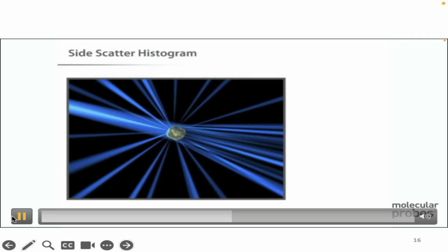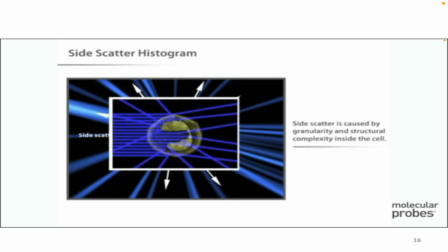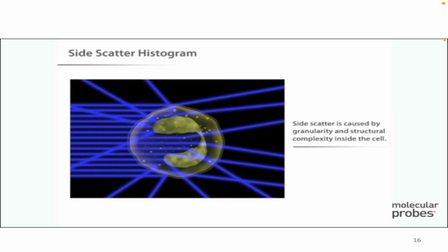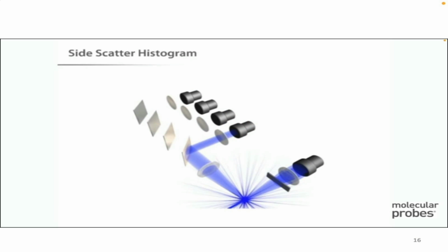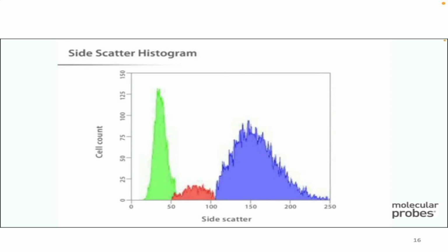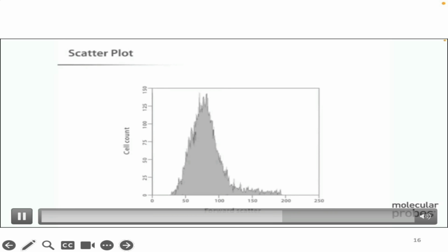Light scattering at larger angles, for example to the side, is caused by granularity and structural complexity inside the cell. This side-scattered light is focused through a lens system and is collected by a separate detector, usually located 90 degrees from the laser's path. The signals collected by the side-scatter detector can be plotted on one-dimensional histograms, like we saw for forward scatter. The one-dimensional histograms we have seen so far do not necessarily show the complexity of the cell populations. For example,